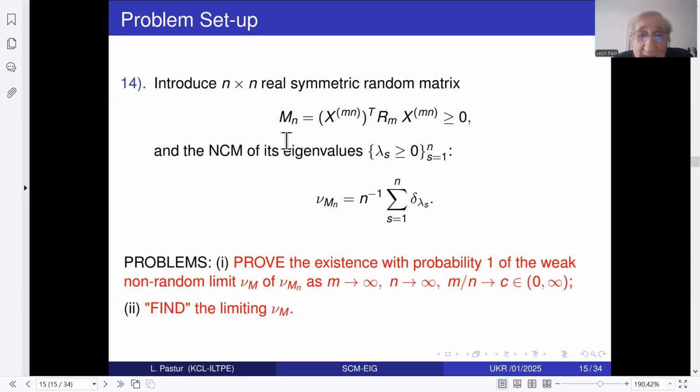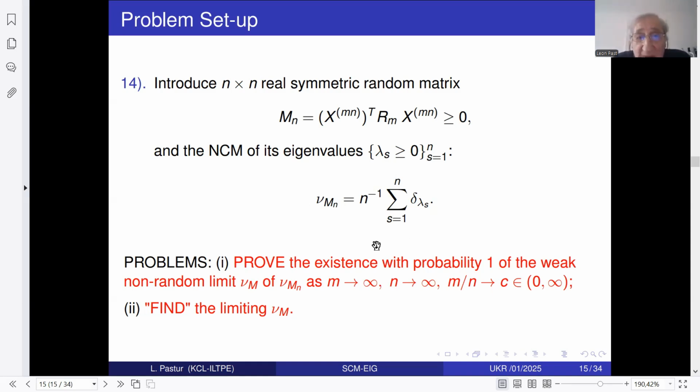Since we are dealing with random matrices, generically they do not coincide, so it is a justified convention. So I count eigenvalues taking into account multiplicity, and I introduce the normalized counting measure of eigenvalues,